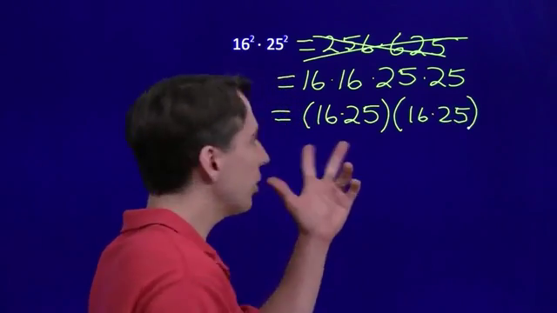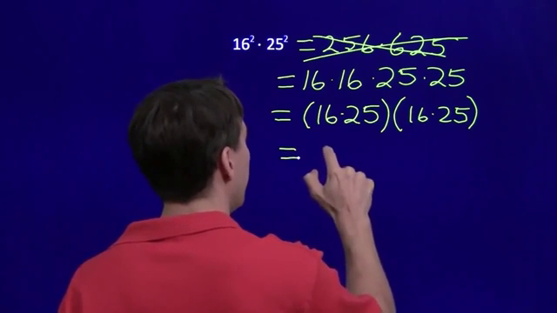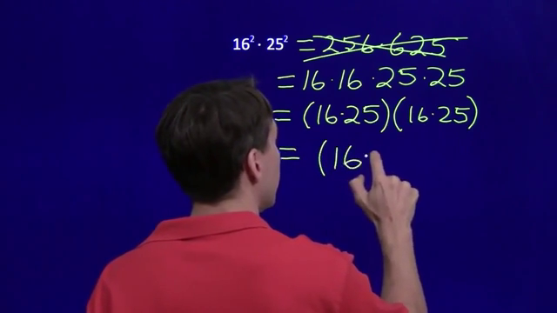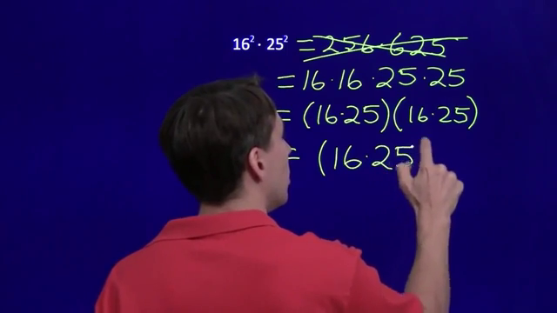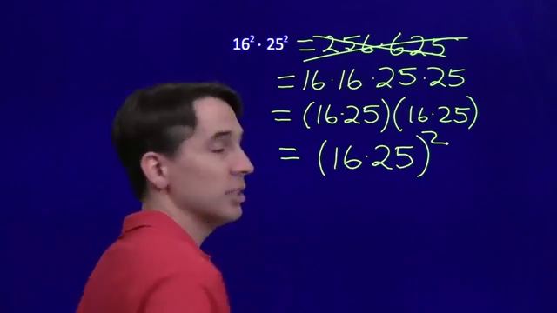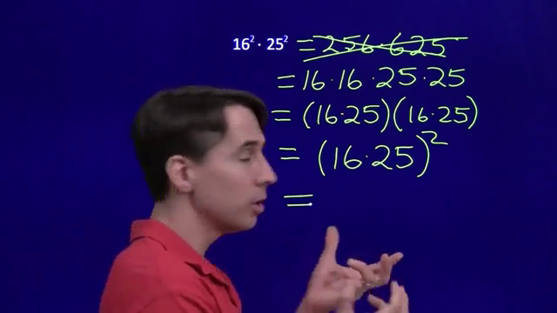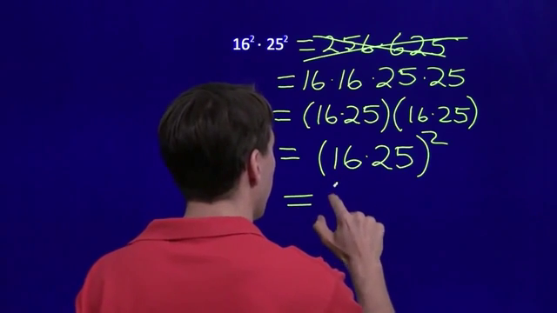Hey, check this out. We just have 16 times 25, that product, times itself. Multiply a number by itself, you get a square. So that's just 16 times 25, that product, squared. 16 times 25 is easy. That's 400, because the 16 is 4 times 4, and 4 times 25 is 100, so this is 4 times 100,